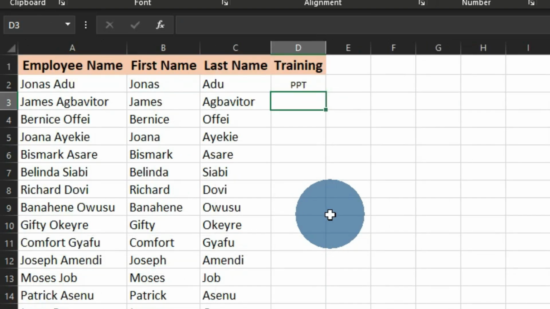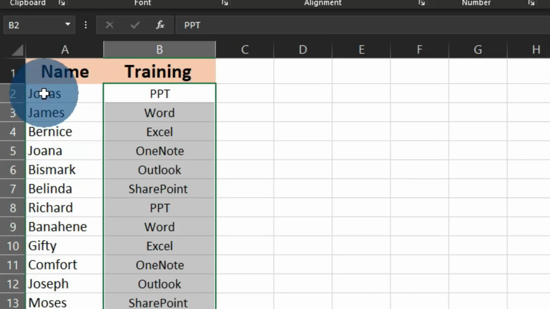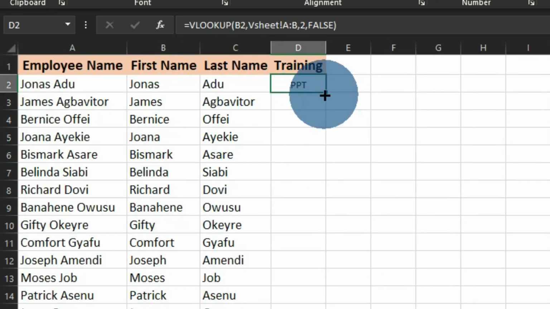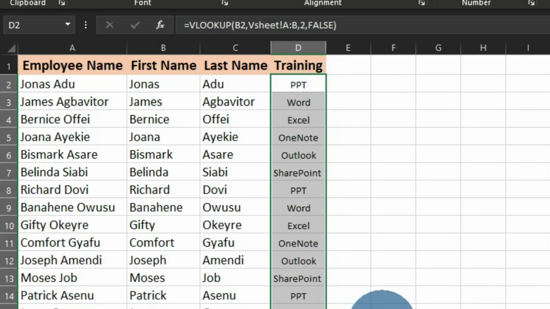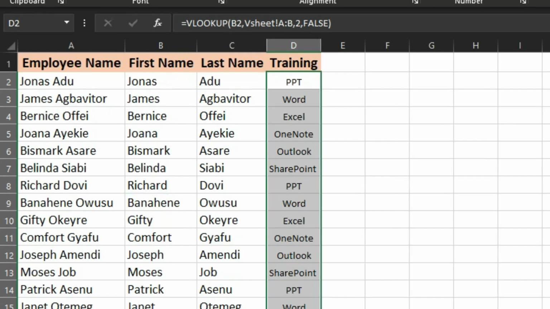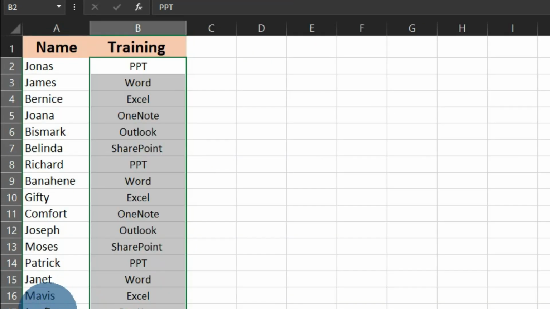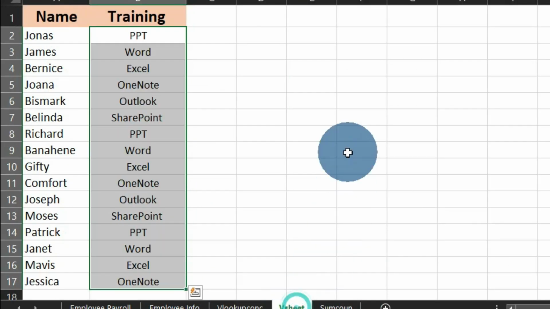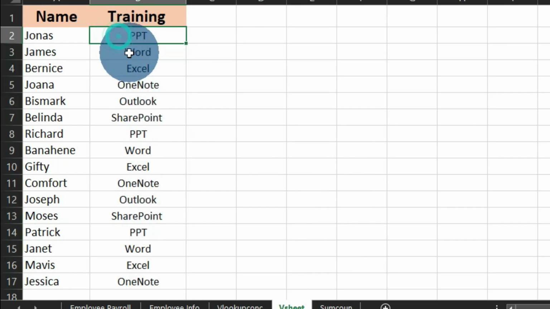Now, when we get back to our main worksheet, you can see that we have this as PowerPoint. Therefore, when you move to this worksheet, Jonas partook in PowerPoint, and that is what is reflecting in this current worksheet. Therefore, if I click and double click, this is going to reveal all the trainings that were partaken by all these employees. So if I move to this, we have Jessica who partook in OneNote, and that is what we have here. So the next time that these trainings are given to these employees, let's say Jonas partook in